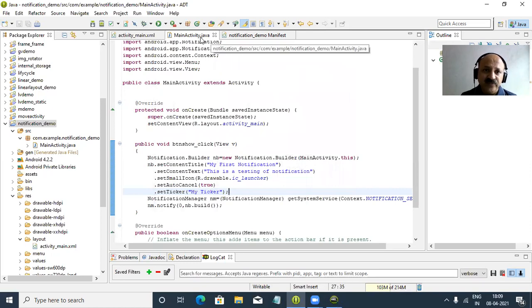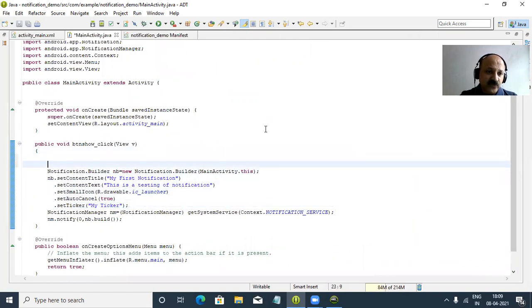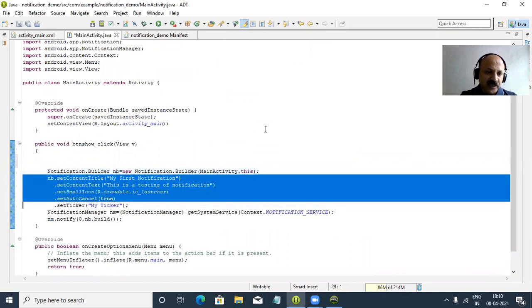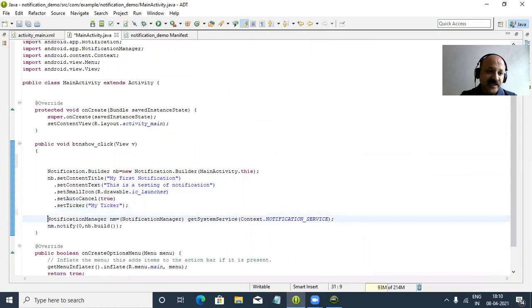Now what to do? So the last step we can use is action. We have to attach an action, and that is the third step. First we create the object, then set the properties, third is an action we can attach, and then issue the notification. That is the fourth step, but the third is optional.